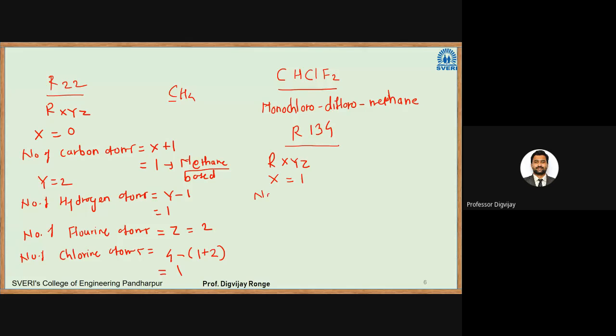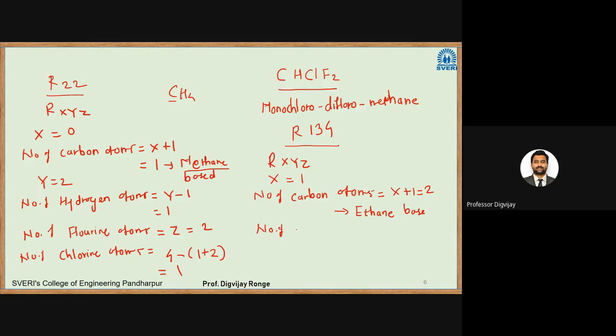So the number of carbon atoms in this case is equal to x plus 1. That is equal to 1 plus 1, that would be 2. That means this is an ethane based product. Ethane based, we have 2 carbons. Okay, then next is the number of